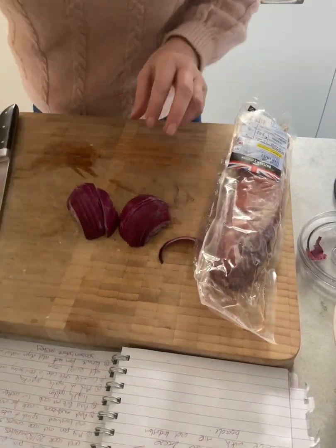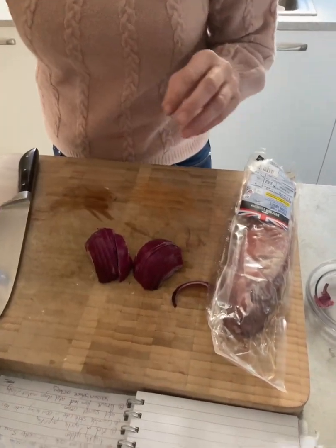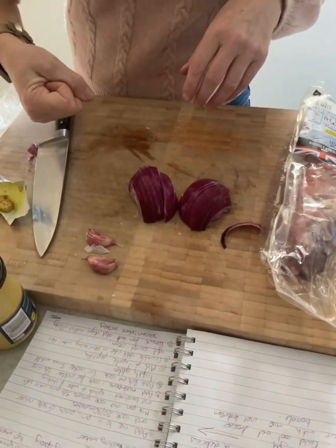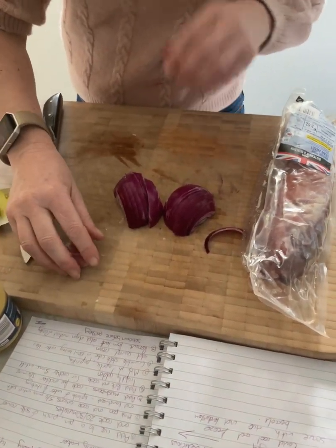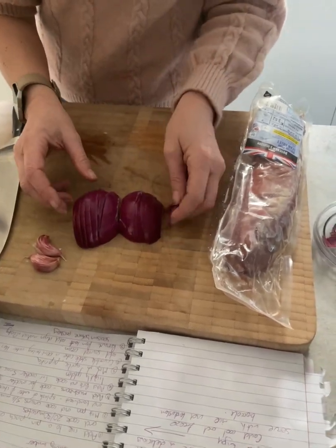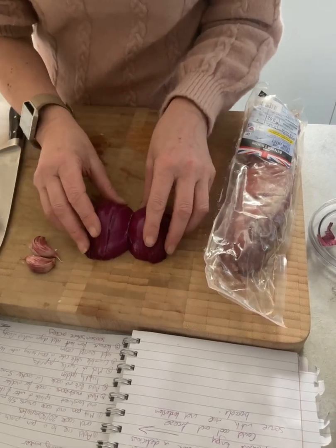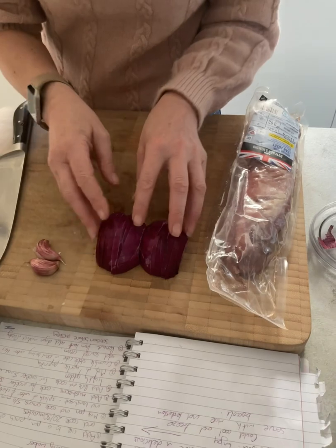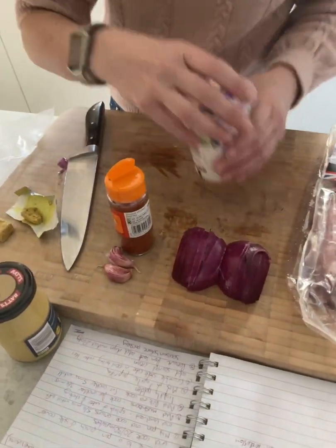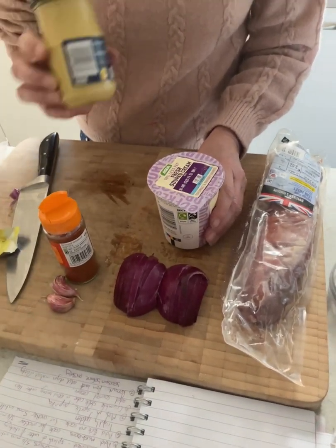And you need 400 grams of sliced mushrooms, so a big tub of sliced mushrooms, 400 grams, and 2 garlic cloves, which we're going to either put in a garlic chopper or chop very finely. One large onion, sliced. I'm using a red onion, but you're welcome to use a white onion as well. It should be a large white onion actually, but I've got none, so I'm going to improvise and use red today. And we need a teaspoon of smoked paprika,